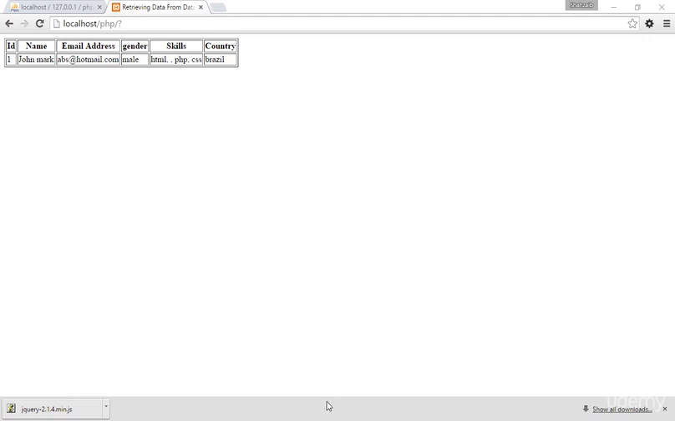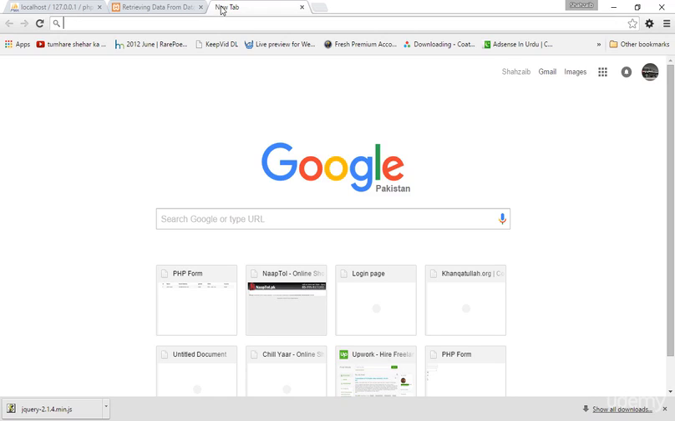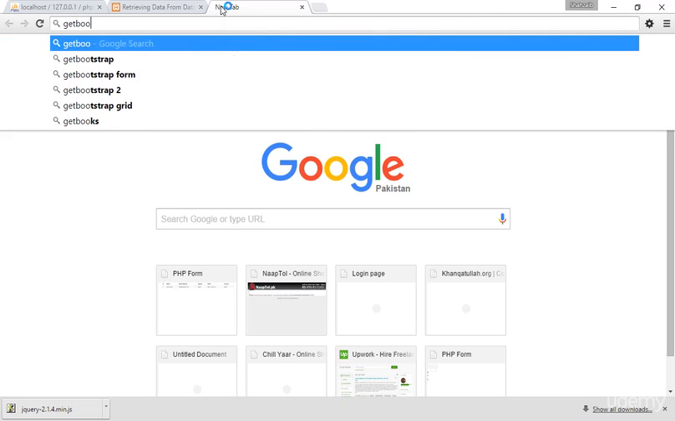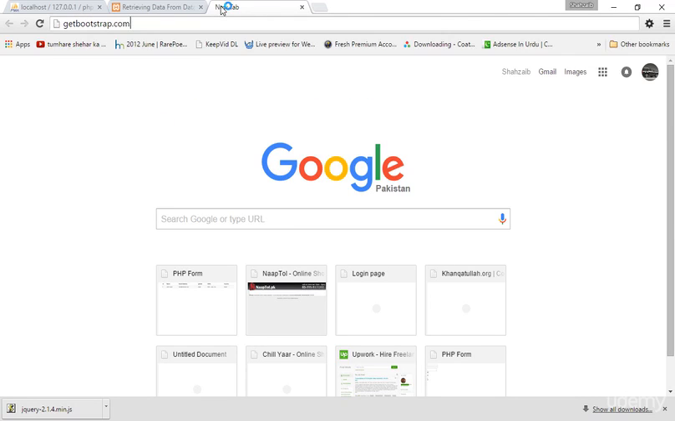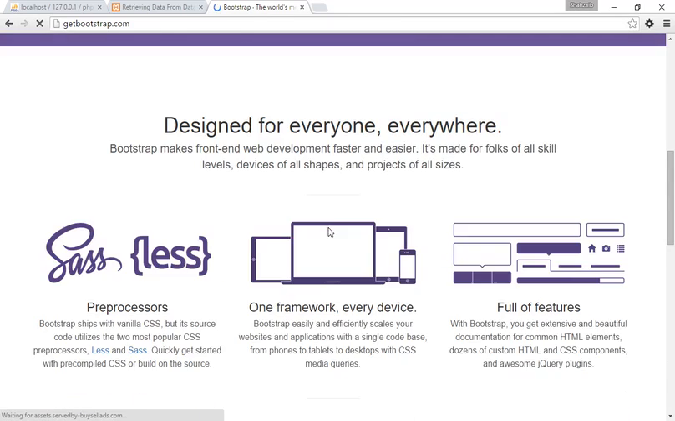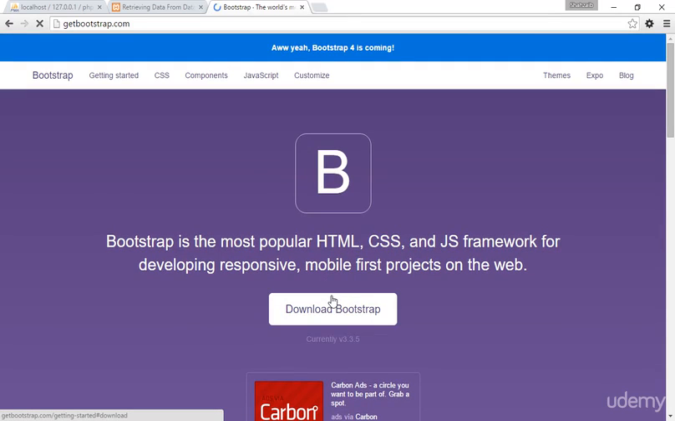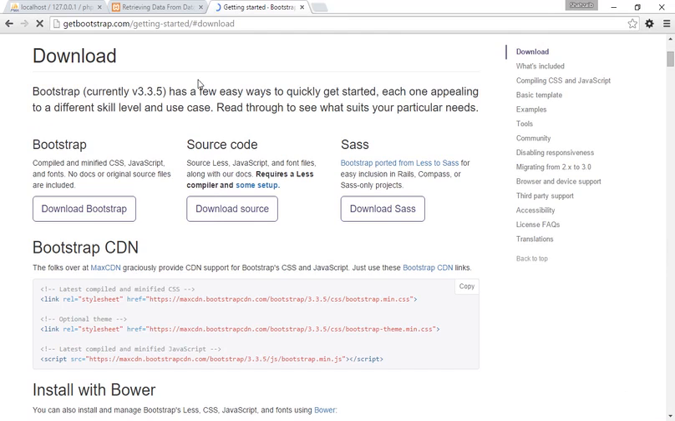I'm going to the browser and opening the website of Get Bootstrap, where we can get Bootstrap: getbootstrap.com. Okay, this is the website. Simply click here. They're telling that Bootstrap 4 is coming, but we don't need Bootstrap 4 right now. I'm clicking on the download Bootstrap button, and in this way I will be in the